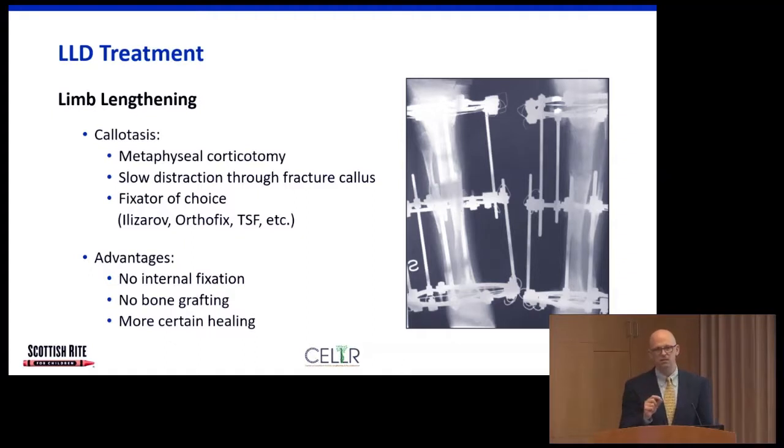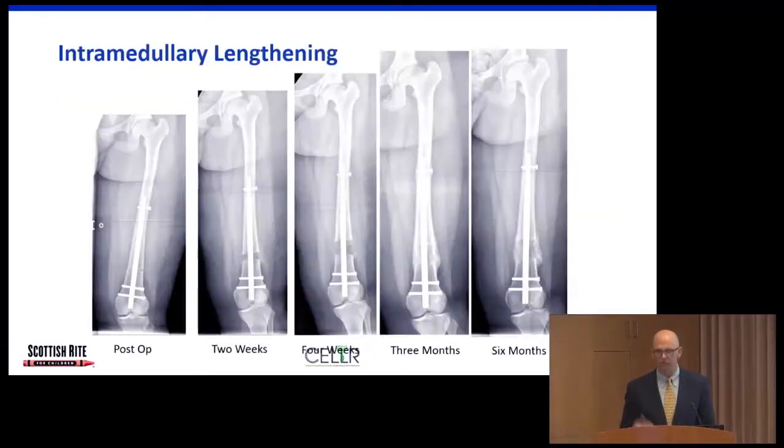The body thinks it's broken, it'll start to heal. You keep pulling it apart, and it'll keep healing in behind it, so that over time, this heals. The use of an external fixation has some advantages in that there's nothing inside the bone or inside the body. No bone grafting is needed for lengthening, and it's very predictable from a healing standpoint, whether you use external fixation